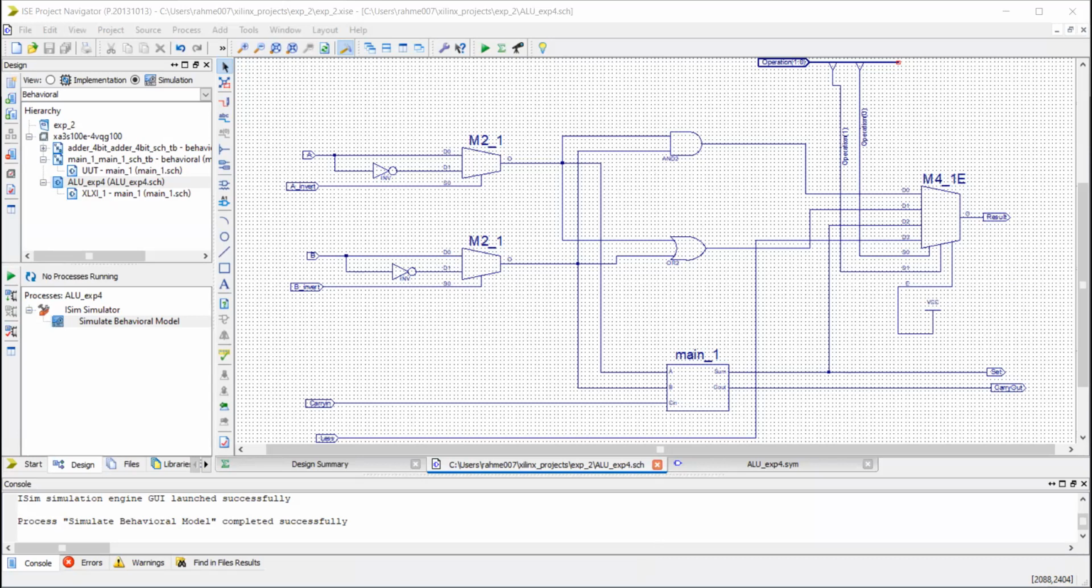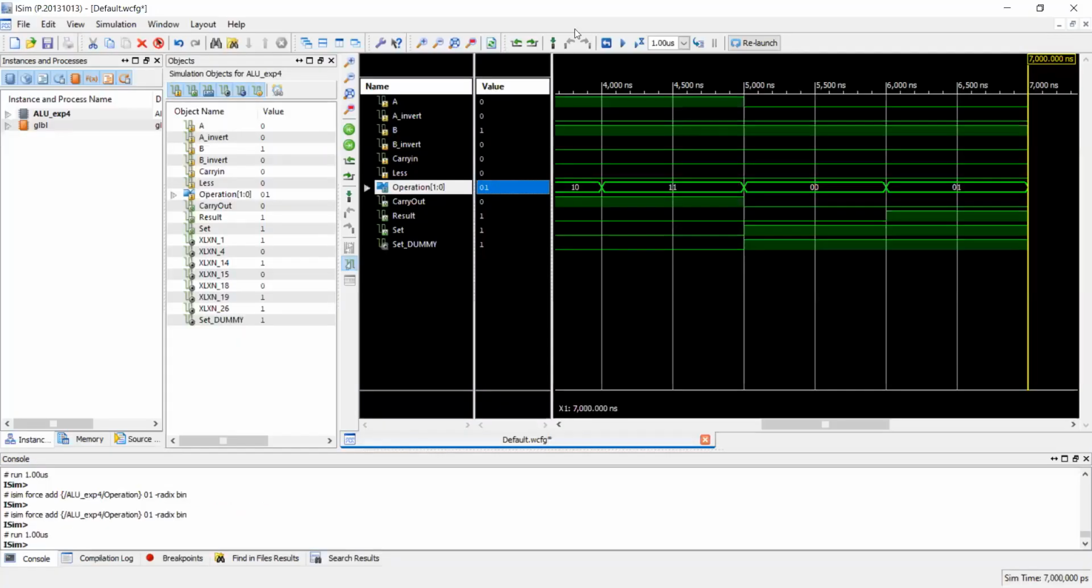from the simulator behavioral model. Let's go ahead and see the output. Okay, so we're going to have the timing diagram right now. So as you can see, this is the timing diagram of the